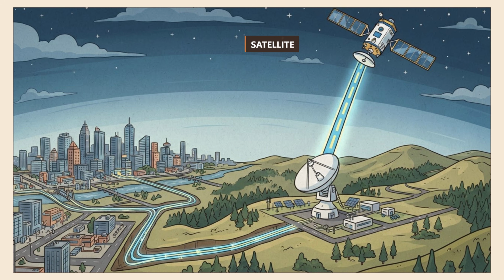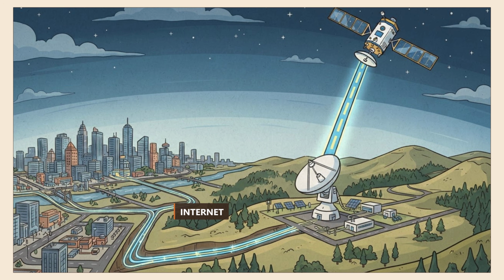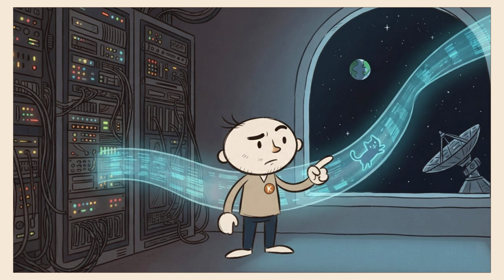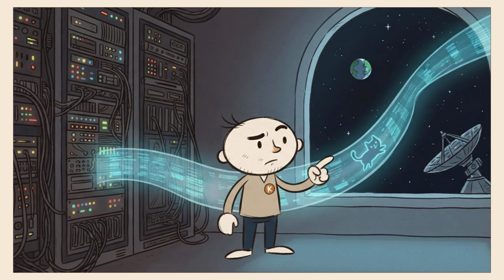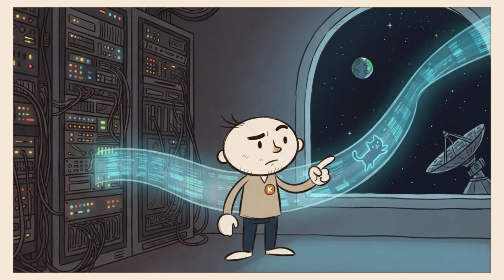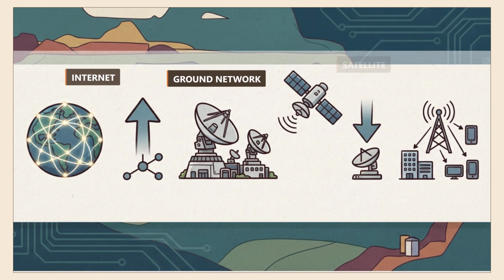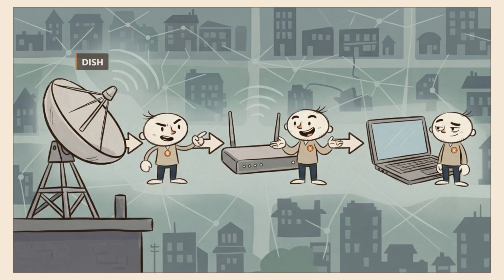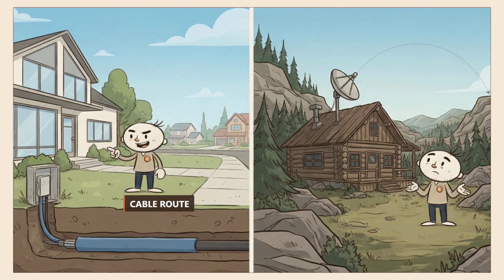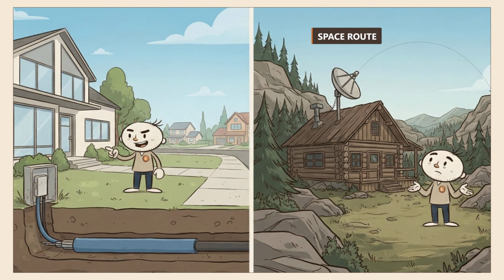The satellite then moves the request through the Starlink network until it reaches a connection to the ordinary internet. From there, the request travels to the server holding the website, message, or extremely important cat video. The answer returns through the same general chain: internet, ground network, satellite, dish router, laptop. So Starlink is not a separate internet. It is a way of reaching the ordinary internet through space instead of through a cable running all the way